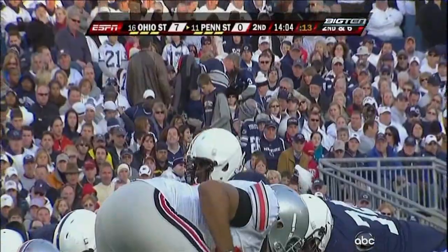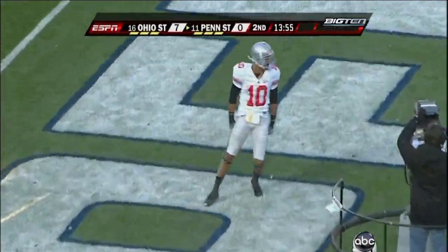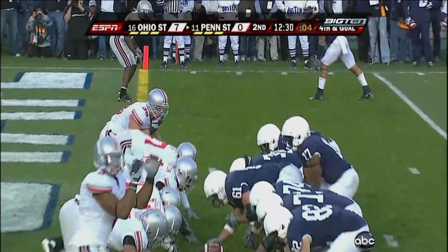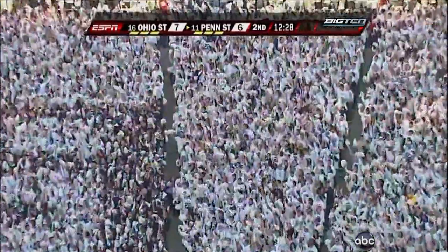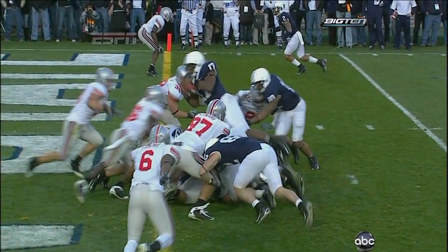Clark waits. They show blitz. Clark back to pass. Sets. Throws for Moy. Incomplete. Flag down. Pass interference in the end zone. They'll put the ball at the 2-yard line. Clark under center. Quarterback sneak leaps up over the top. Touchdown. Penn State. The Nittany Lions drive 71 yards. But all he has to do is get that point of the ball to the goal line, and it is